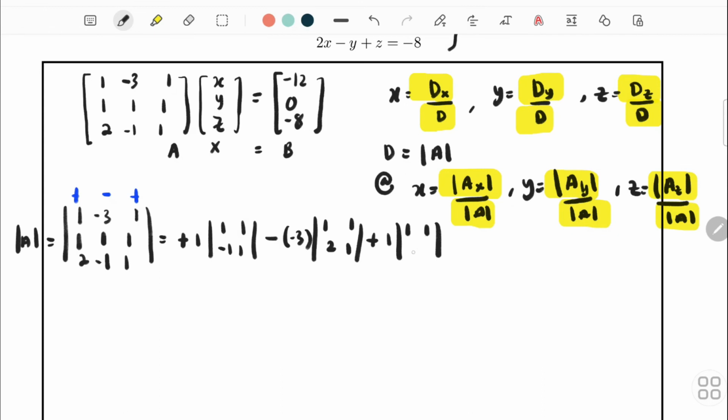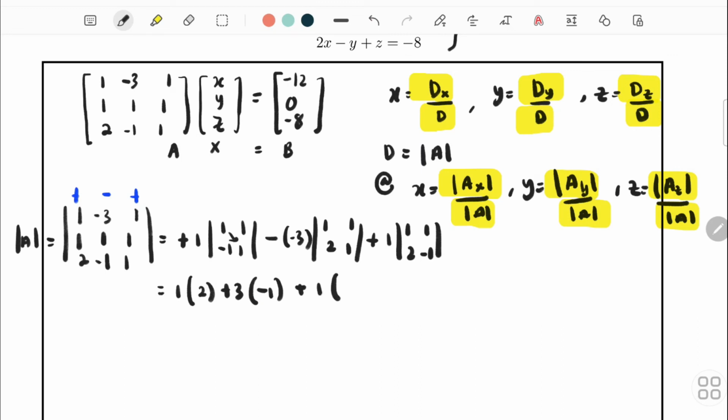So you get 1, 1, 2, -1. So you have to calculate. So 1 should multiply with the 1, multiply with 1 is, and then minus with 1, -1 multiply with 1. So you get 2 here, plus 3 times with 1 minus 2. So 1 minus 2 gets -1. You will get -1 here,